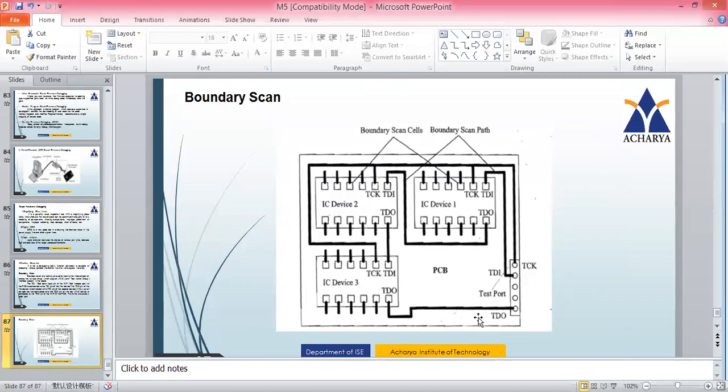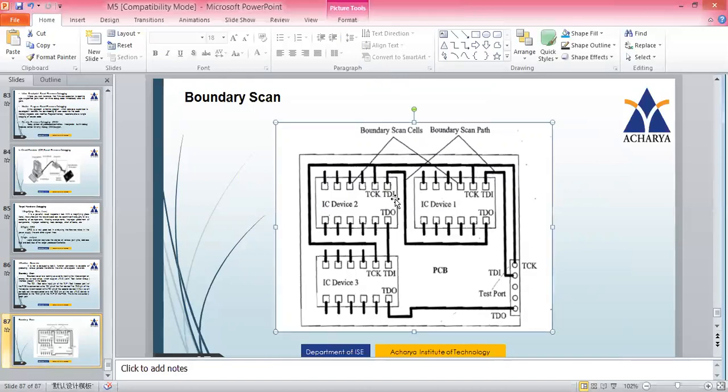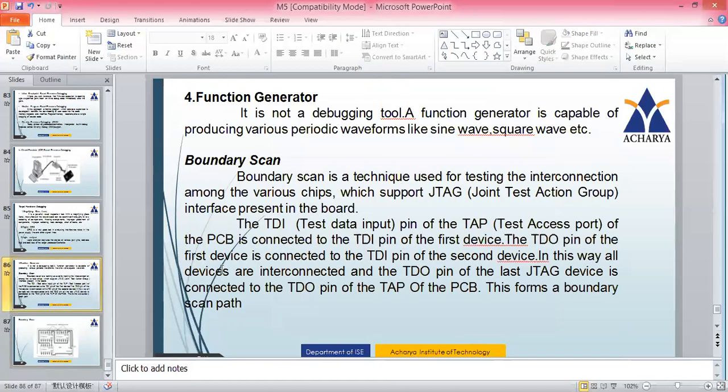If it doesn't work, there will usually be LEDs for every connected device to find out whether this device is working, this device is working. Suppose a particular LED doesn't work, then we understand that there is some connection problem there, and we debug it. So let's summarize this.